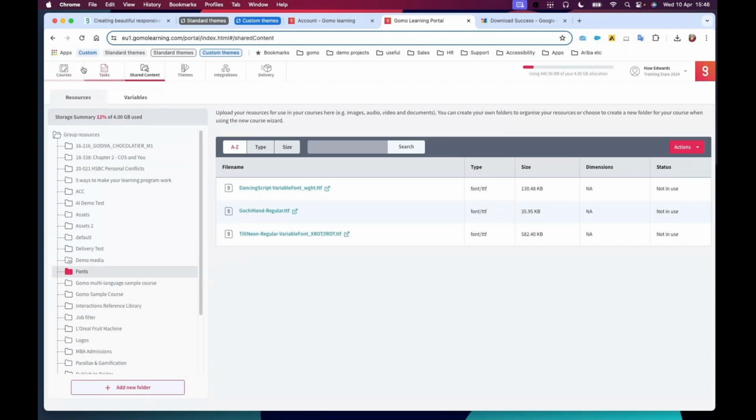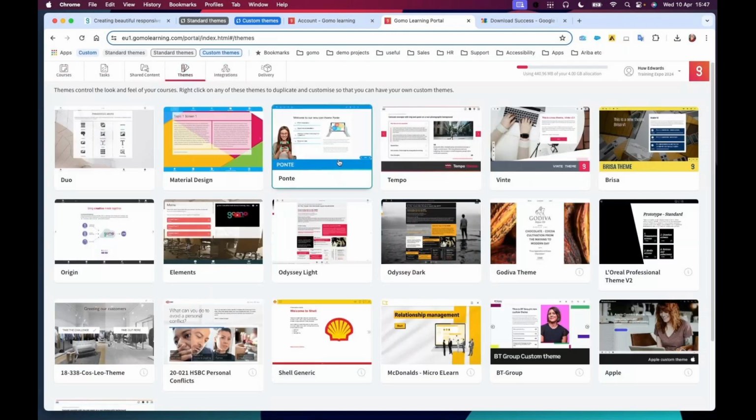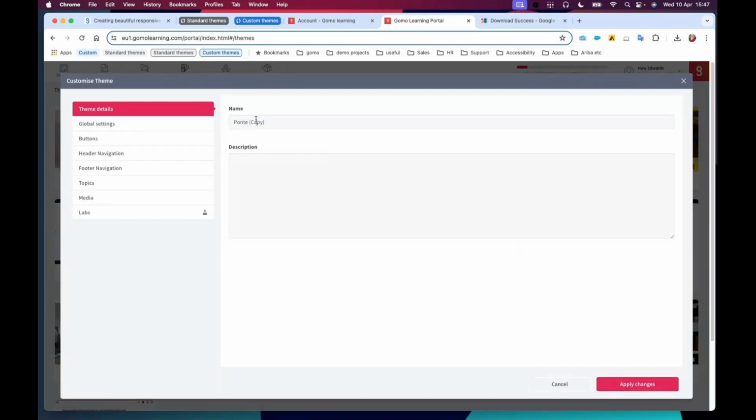So let's now go back to our theme library. Now, we can't edit these themes directly. They're built-in themes. But what we can do is make our own copy. So what I can do is right mouse click. I'm going to say, well, I quite like that New Ponte theme. It's just that the colors and fonts are wrong. I'm going to duplicate it. So I'll just call this webinar copy. And apologies, I think I can see that